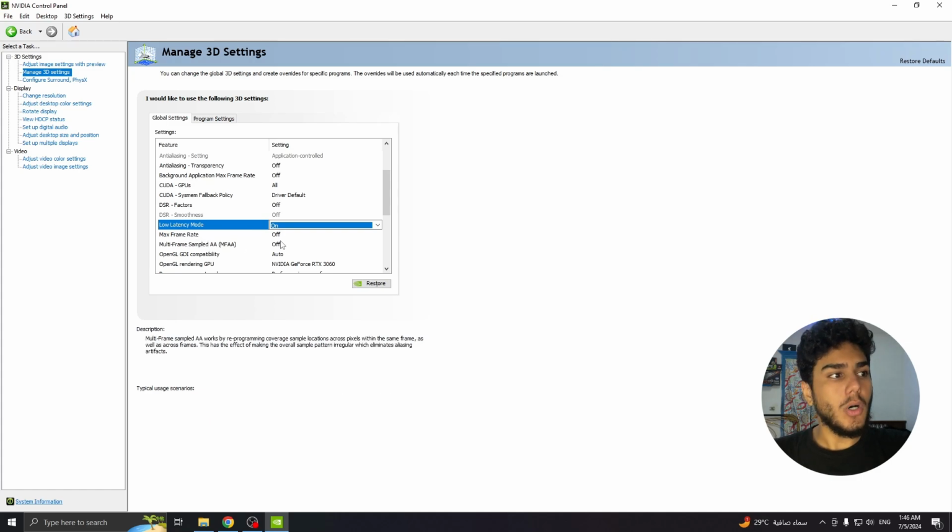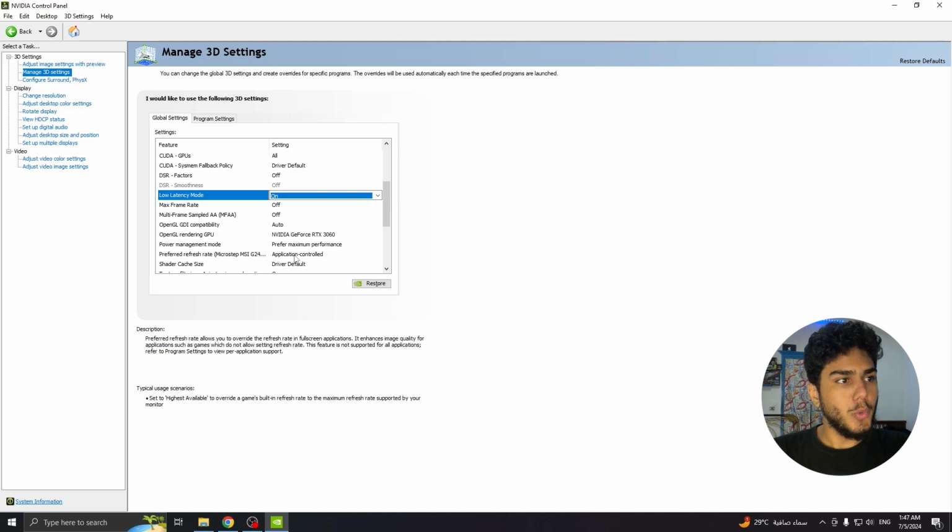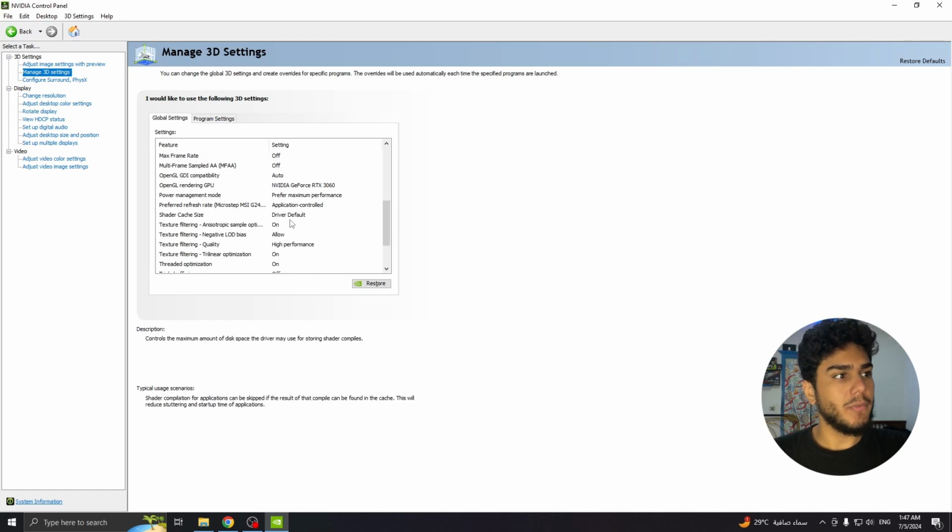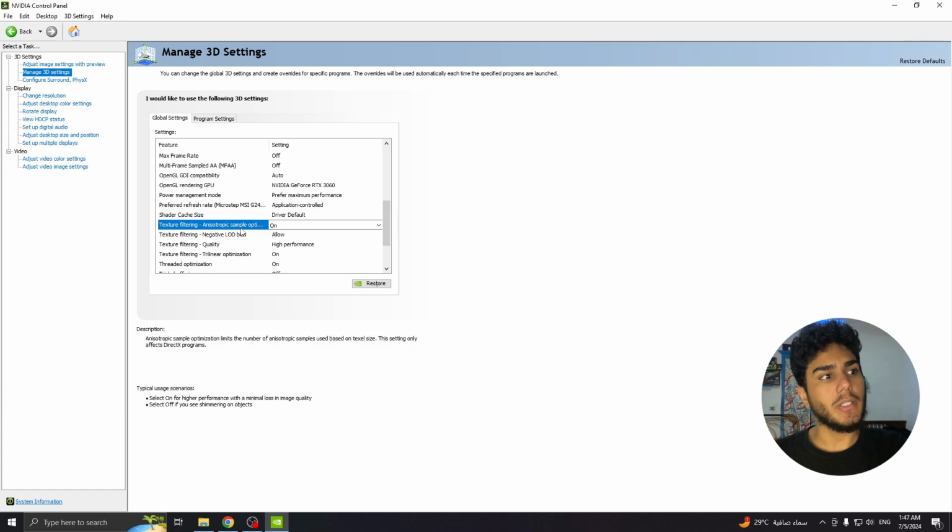Max frame rate is off, multi-frame sampled AA MFAA is off, OpenGL GDI compatibility is auto, OpenGL rendering GPU, make sure it's using your actual GPU. Power management mode is prefer maximum performance, preferred refresh rate is application controlled, shader cache size is driver default, texture filtering anisotropic sample optimization is on, texture filtering negative LOD bias is allow, texture filtering quality is high performance,